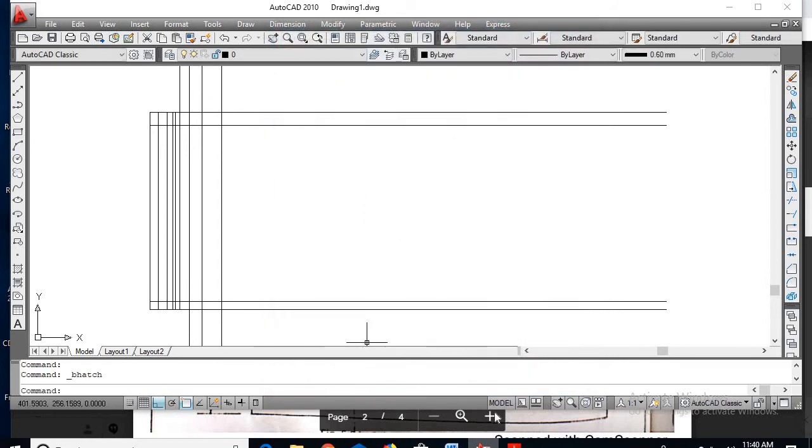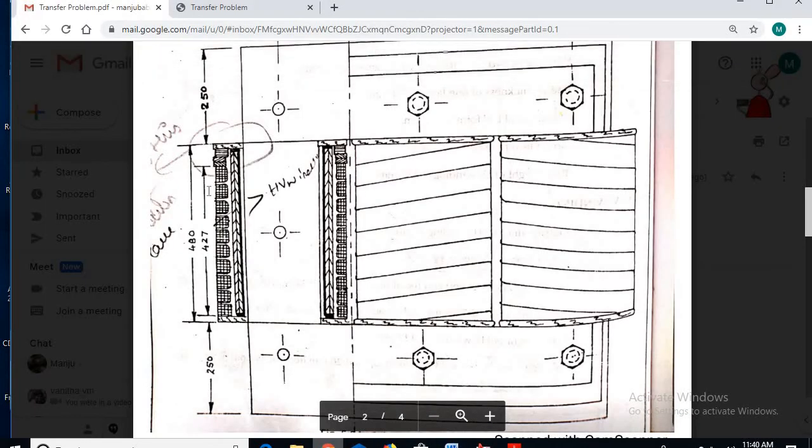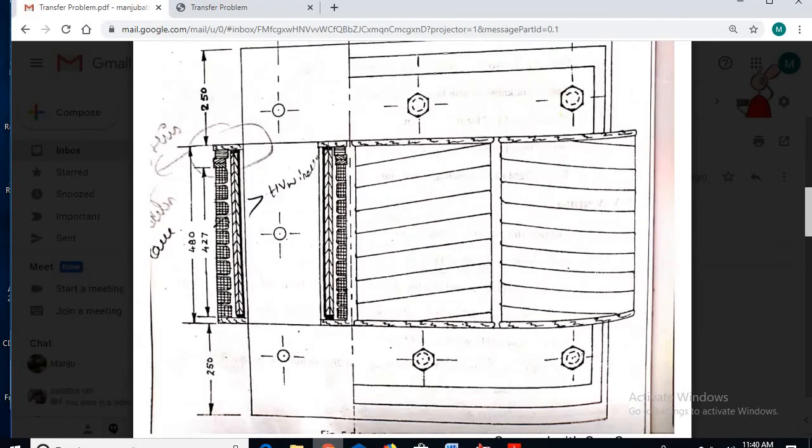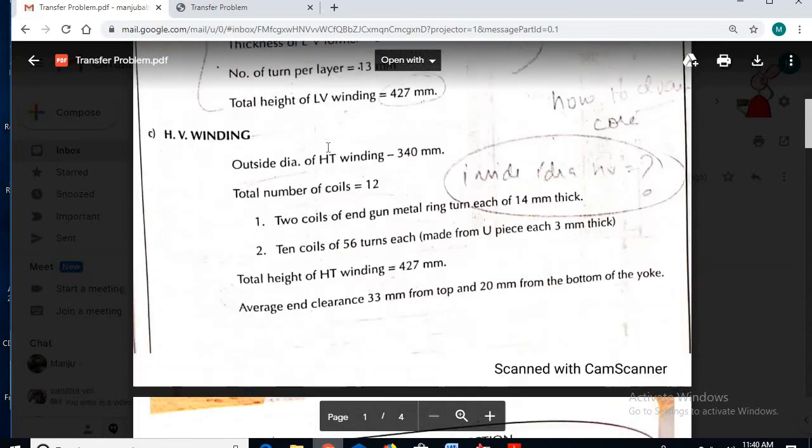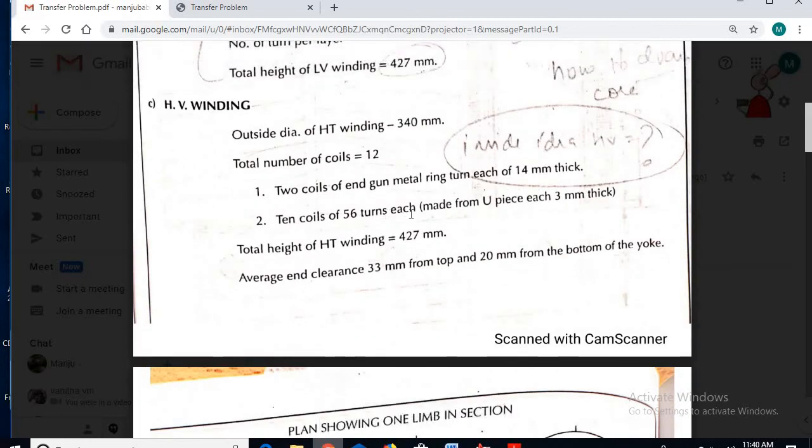It also mentions U-tubes. As per the data, there are 10 coils of 56 turns made from U-piece, each 3 mm thickness.